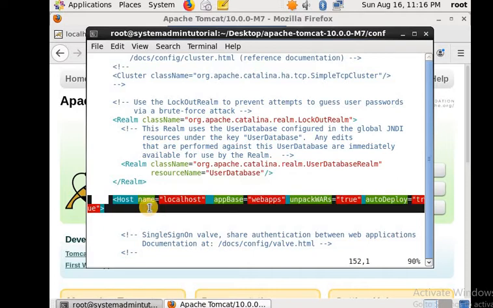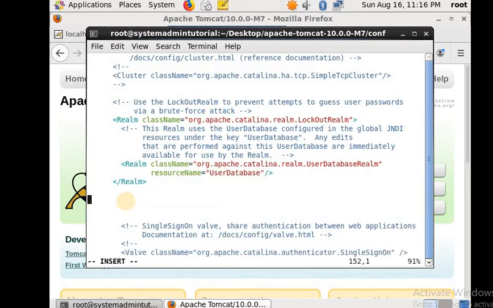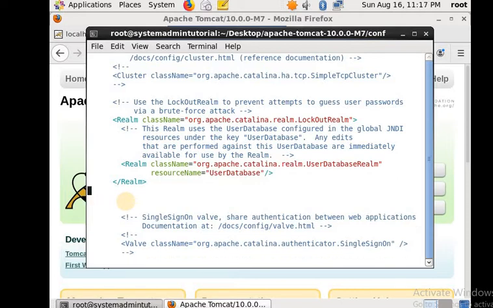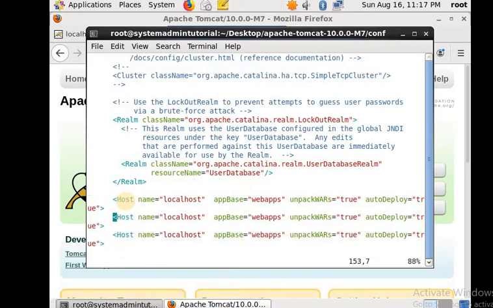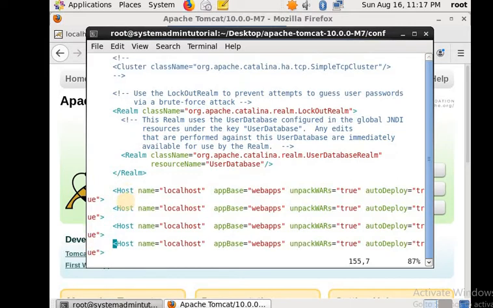What we'll do is go above the line, copy it, and paste it. However many times you need, you just paste this.